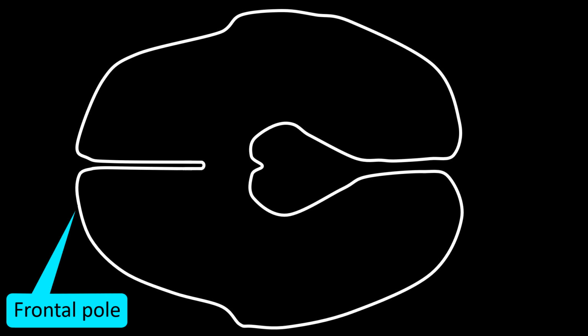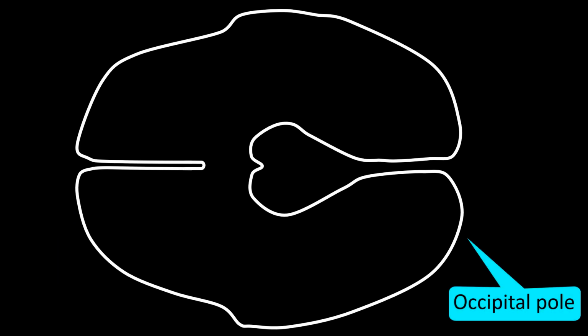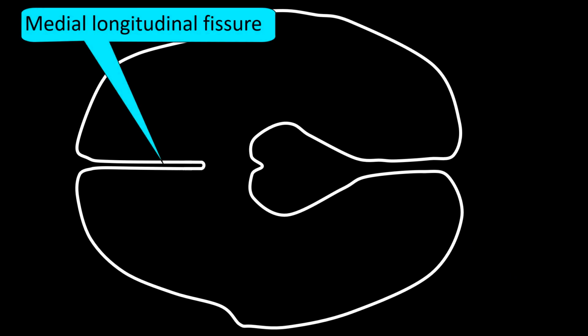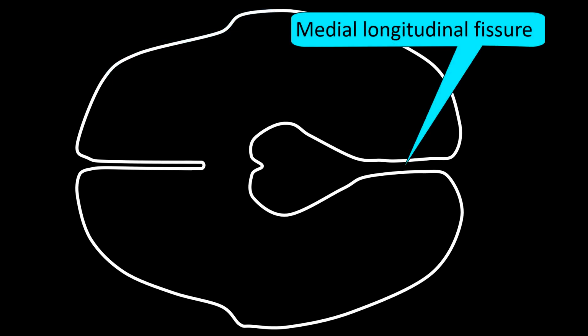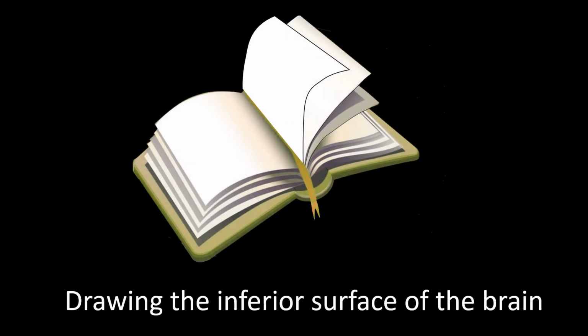This is the frontal pole. This is the occipital pole. This is the anterior aspect of the medial longitudinal fissure. This is the posterior aspect of the medial longitudinal fissure. Once the borders of the inferior surface are drawn,